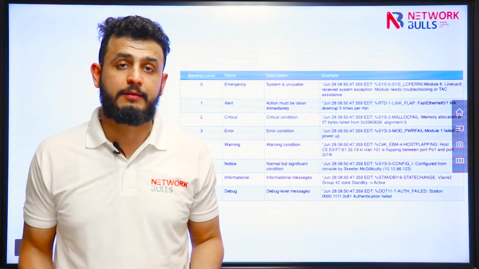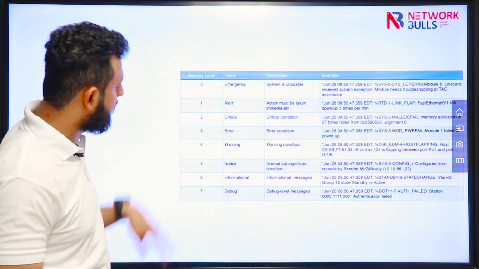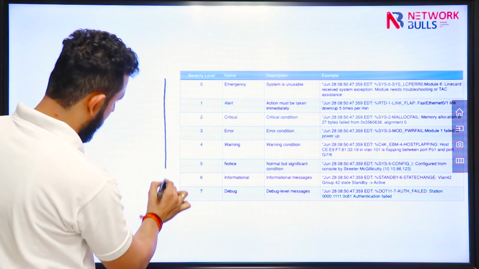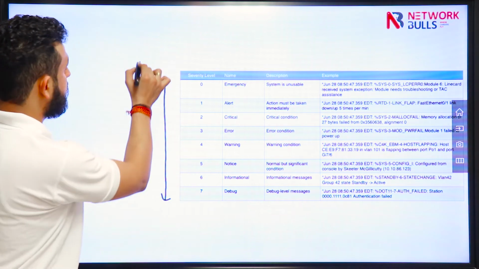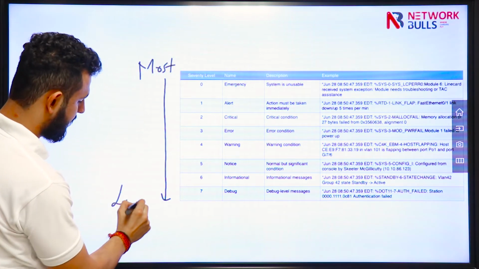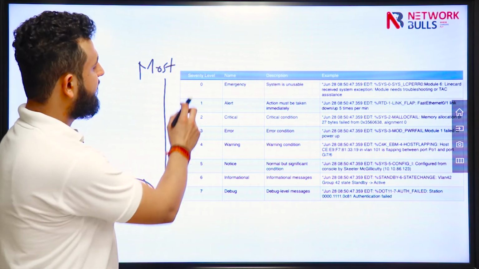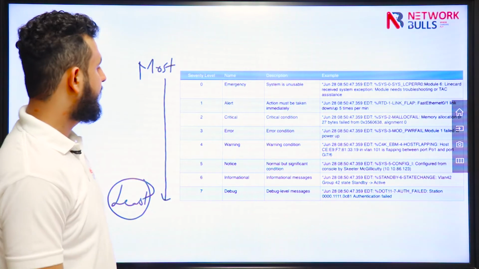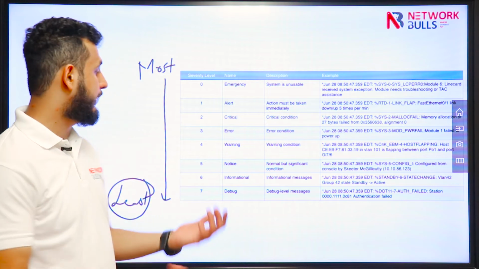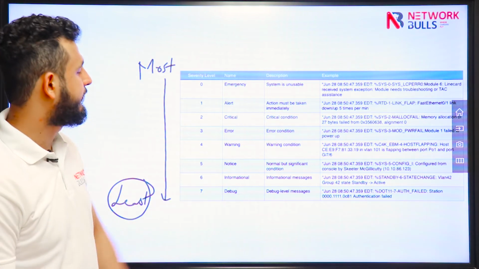We cannot change them, we can understand them. So we have severities from 0 to 7. This is most critical and this is least critical. Severity level 0 is called emergency, severity level 1 is called alert, 2 is called critical, then we have error, warning, notice, informational, and at last we have debugs.